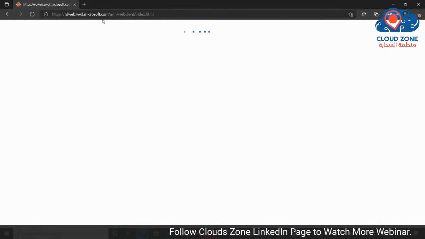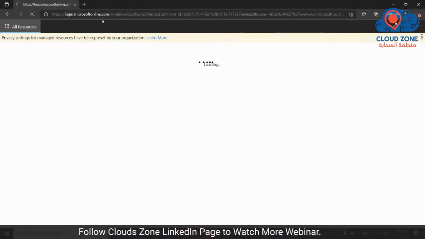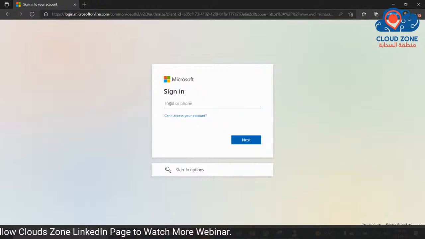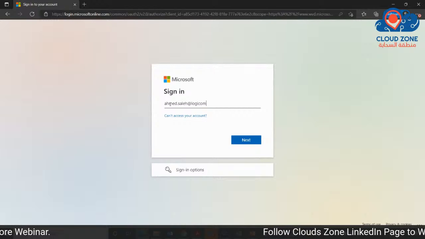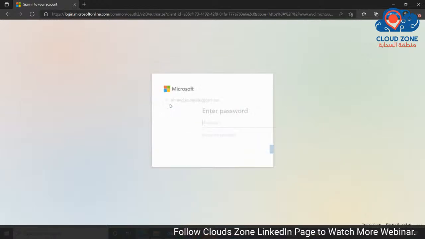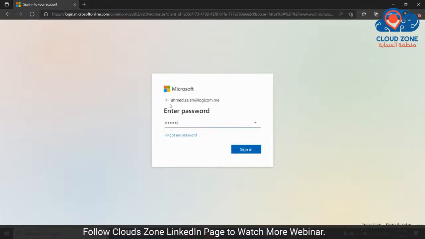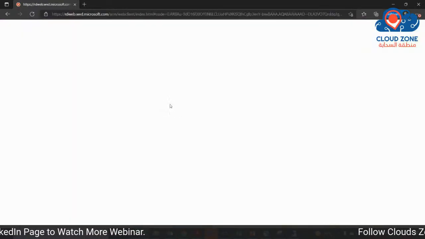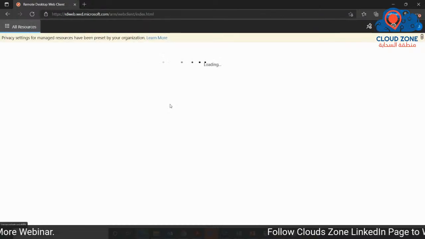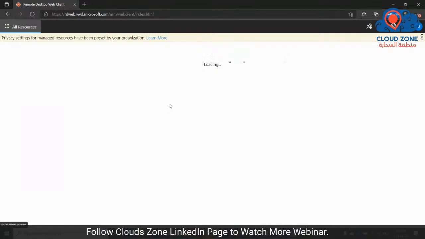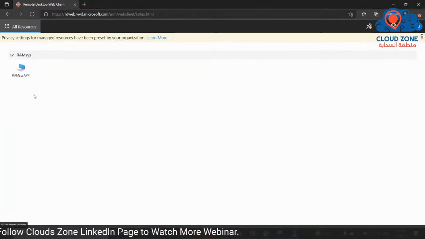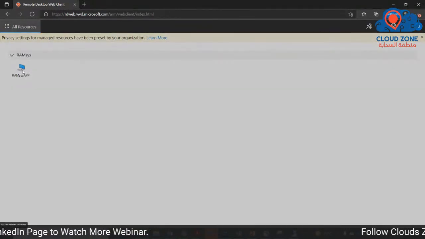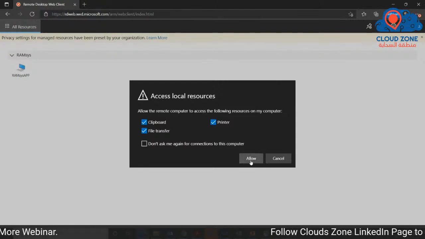Notice that it will take me to the Microsoft sign-in page. So I will use ahmed.saleh at logicom.me and the password. Now the next page shows the application group where I created the remote desktop session. You'll see here the desktop. Once I click on that and I click on allow,